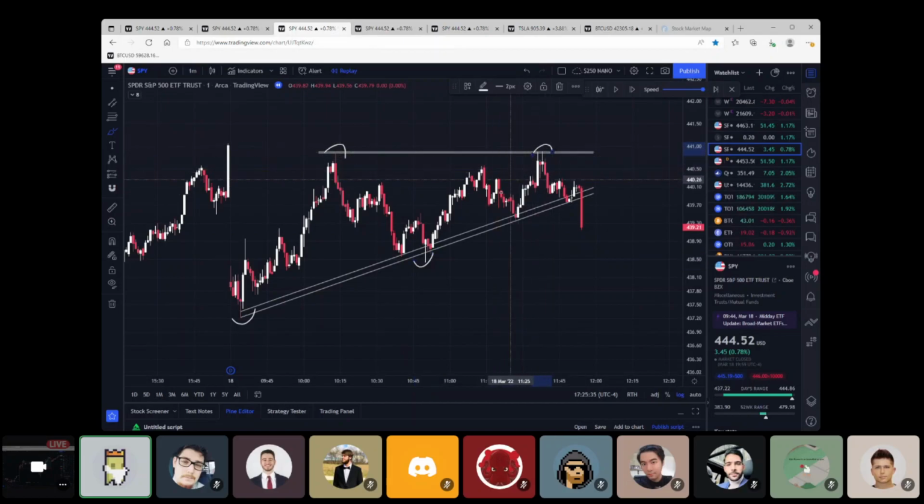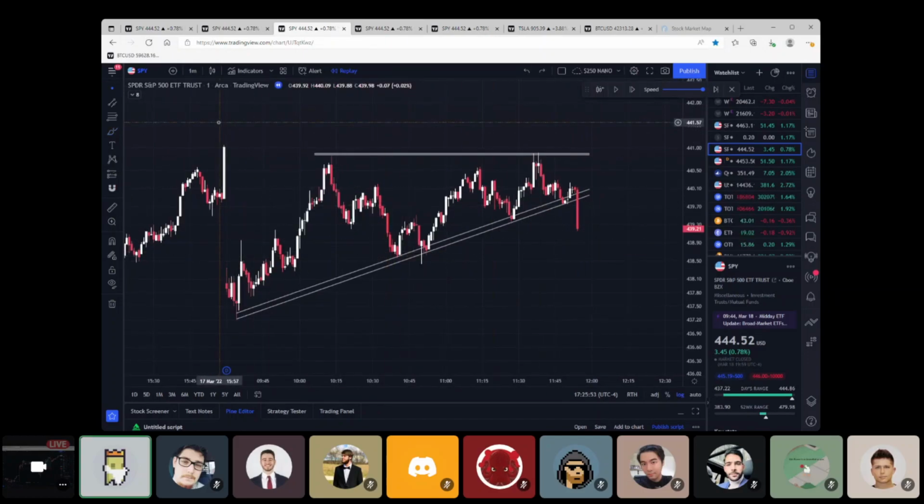We were making lower highs and higher lows, and we inevitably ended up breaking this support that we saw respected the entire day. I entered short on SPY right around this break, when I saw that we were aggressively breaking to the downside. And guys, this is just a perfect example,